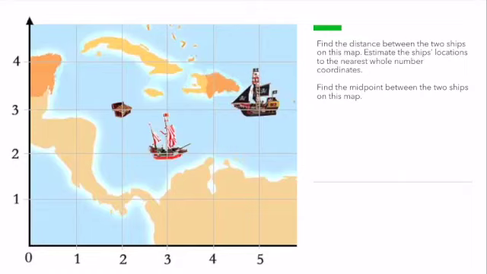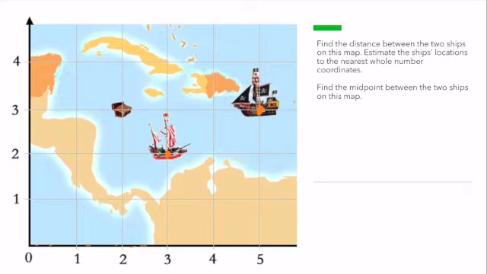Next, I want us to find the distance between the two ships on the map. And I want to estimate the ship's location to the nearest whole number coordinates. After that, we're going to find the midpoint between these two ships on the map. So it would be a good idea first to figure out where these ships are. So I'm going to estimate it to the closest